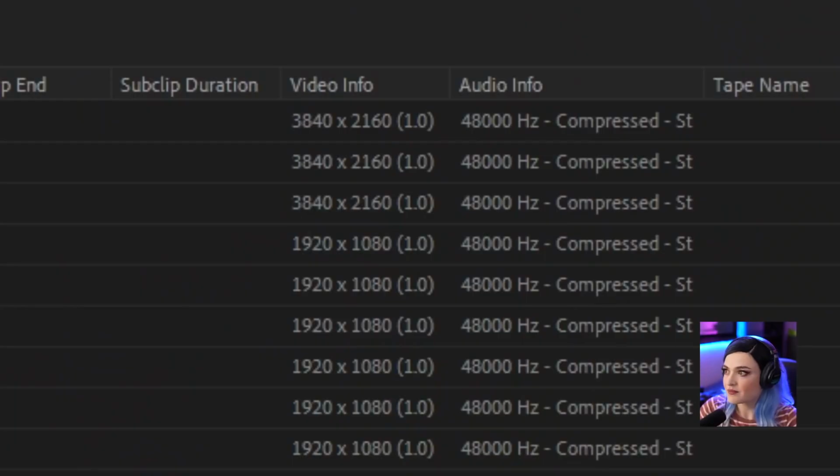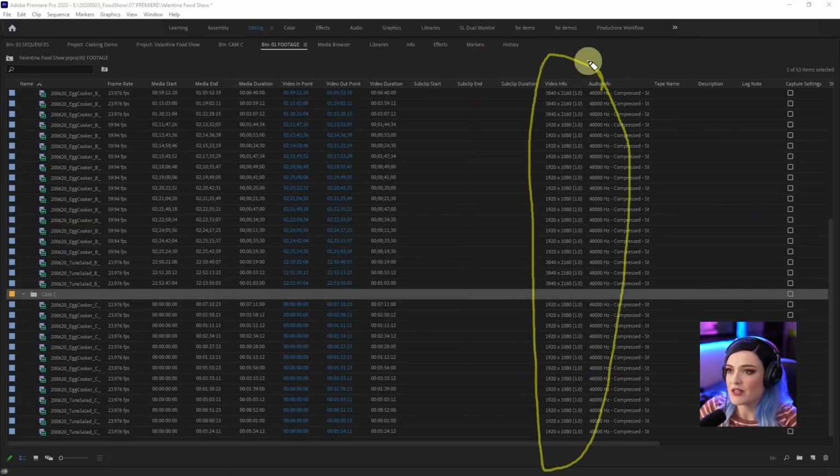If I make an HD sequence, I can always scale down my 4K clips to fit that HD sequence, and I won't lose any pixels, right? But if I make a 4K sequence, my 4K clips are going to be fine, but my 1080 clips are going to be super small, and I'll have to increase their size, and they'll lose pixels. So think about it. That information can be found in the video info column,